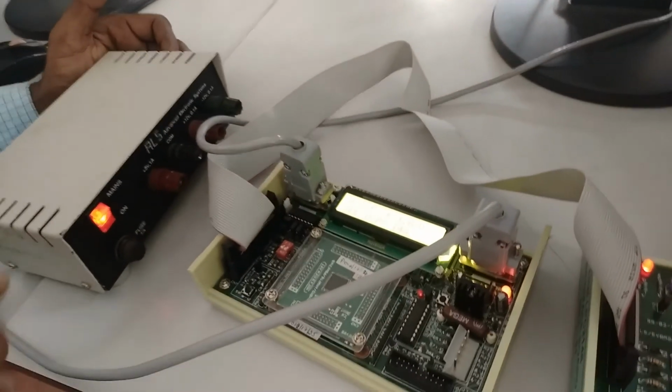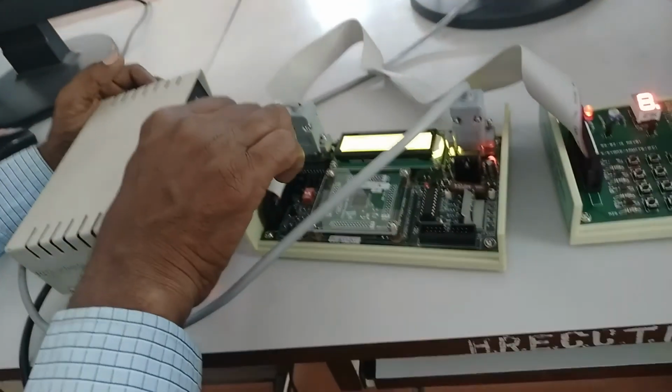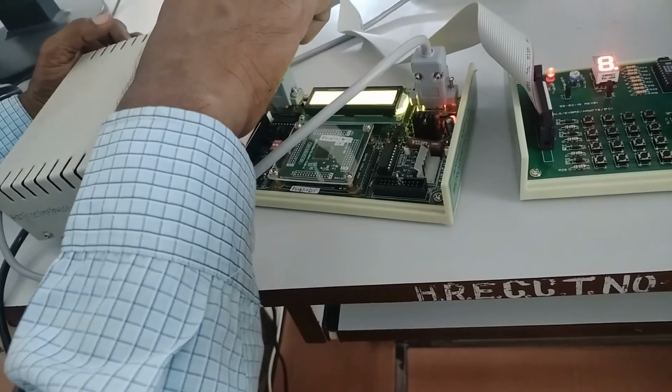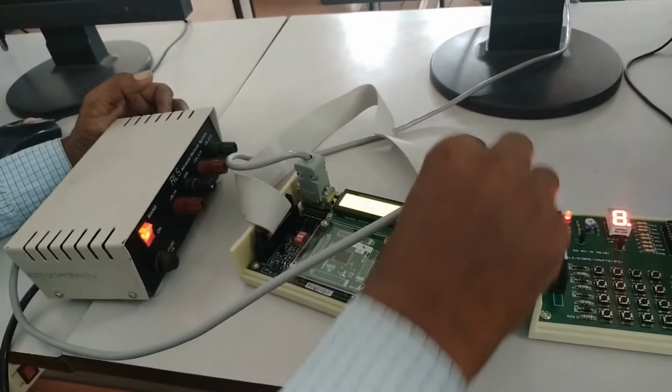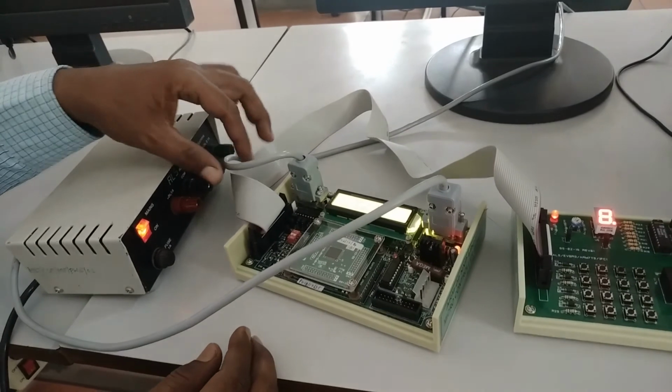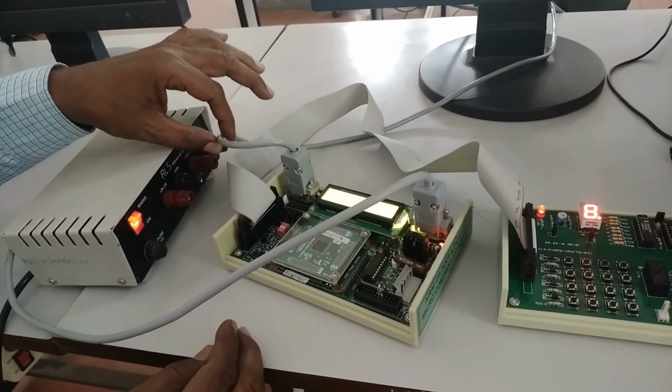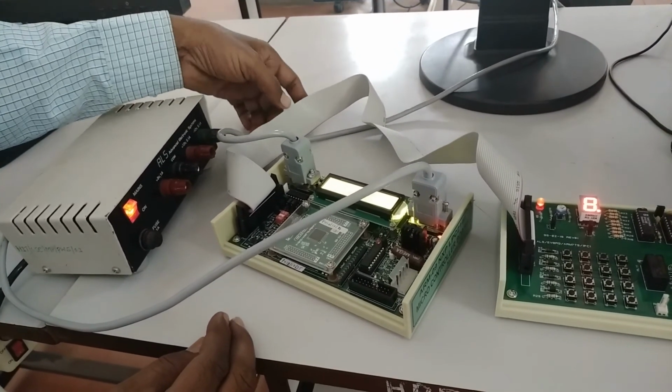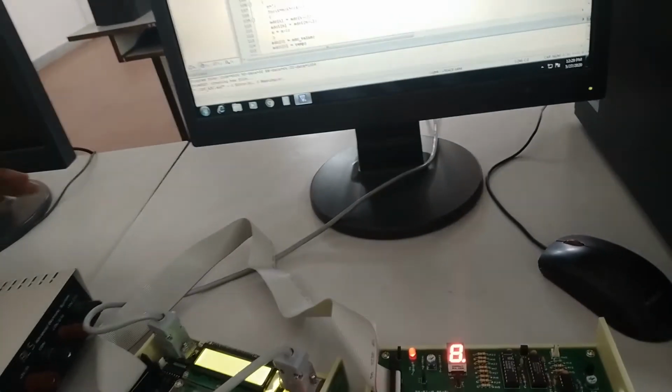First connect the power supply through the power supply port. Then you can connect the COM, the communication port, to the central processing unit, the CPU or computer.